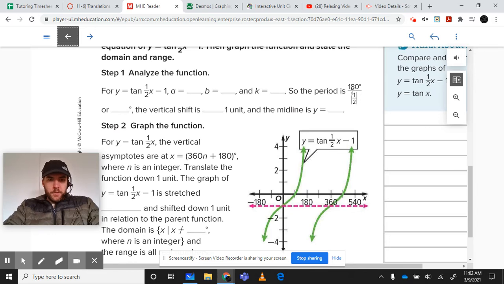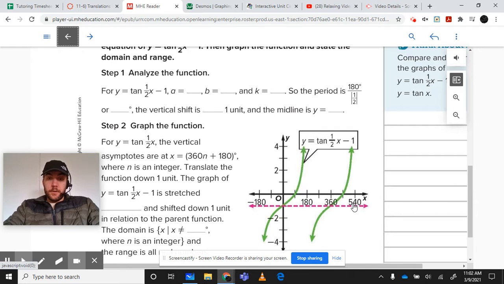Okay, so if we've got that figured out, the next part is the -1. Well, that -1 should be our, well, no, it's not horizontal because there's no parentheses here. So if this had been parentheses x minus 1, it would have been a horizontal shift. Since it's just out here on the end without any parentheses involved, this is our k value. So this is why our midline,